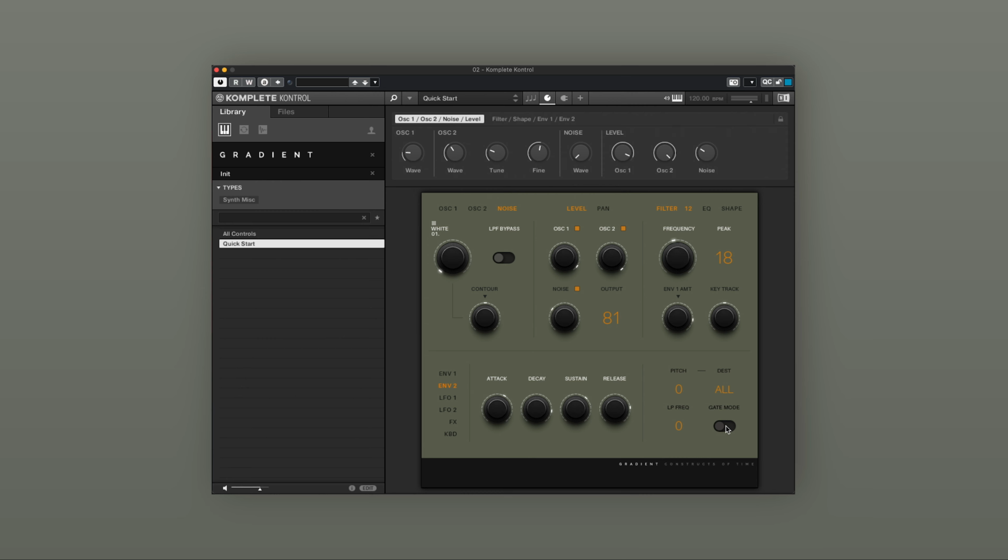And with gate mode enabled, the volume is not controlled anymore by envelope 2. If we engage it, the volume is high as long as the key is pressed. The release control is still applied though, so if we enable it,